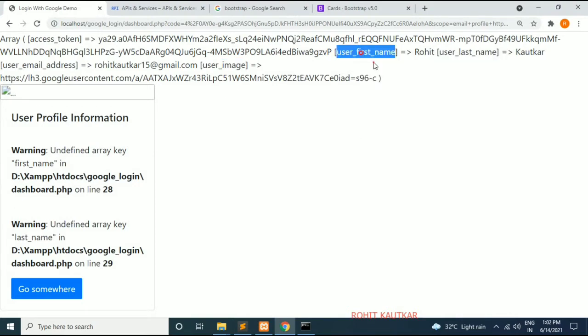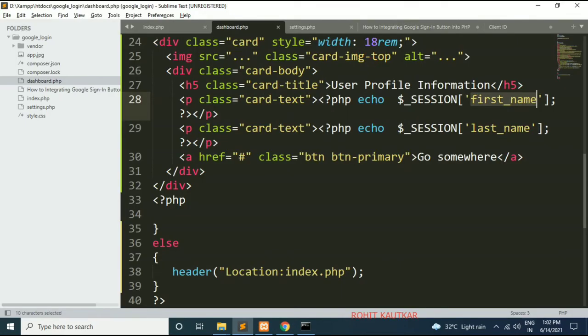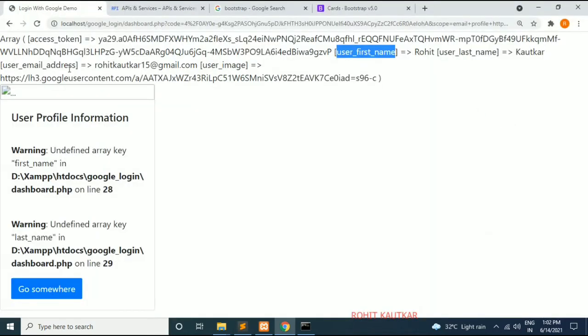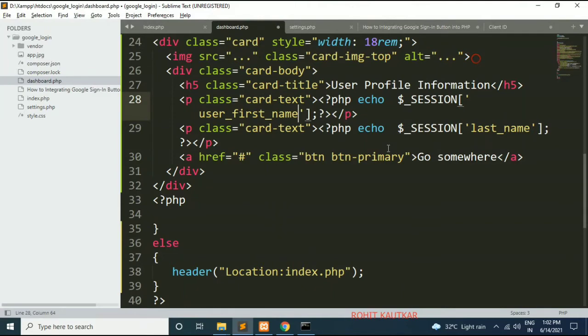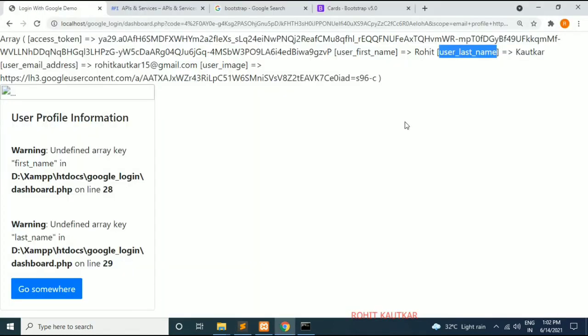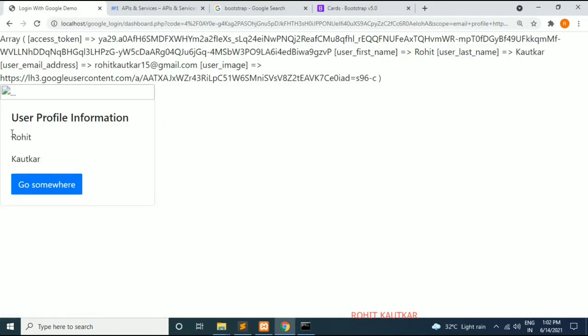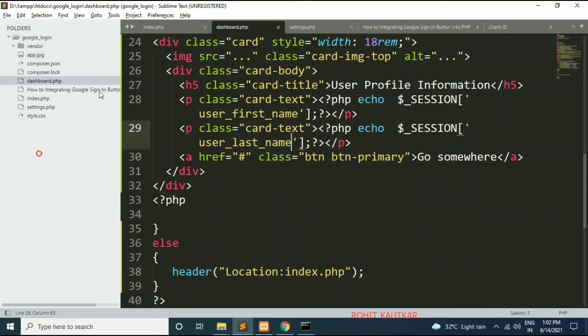So I will copy this first name and we will paste it here. In the same way, I will copy the last name and I will paste it here. Okay, now if we refresh, you can see we are getting the first name and last name of the user.